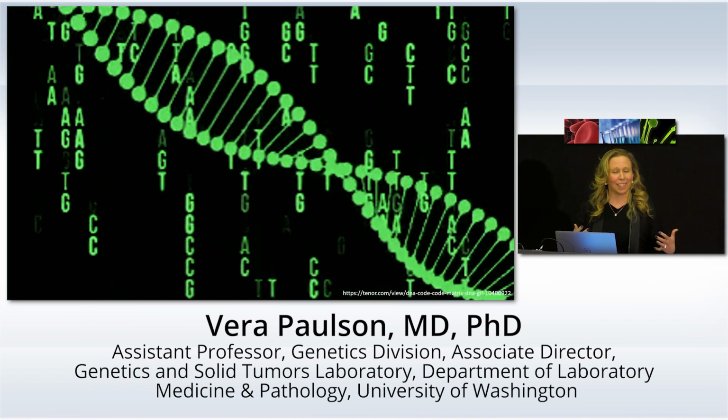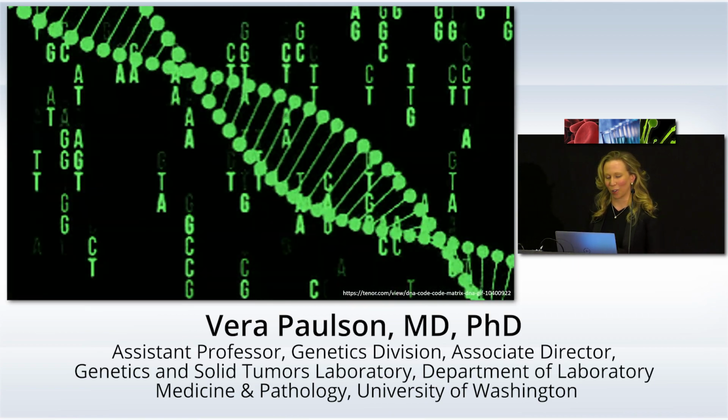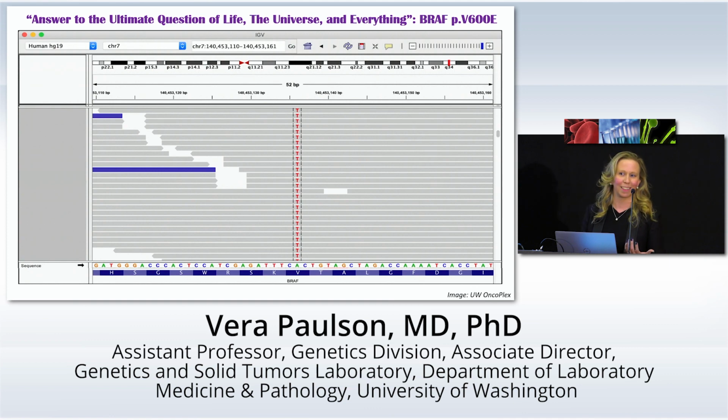I'm convinced our residents come to service thinking that this is how I visualize the world, but really our molecular data looks a little more like this. So if you haven't spent time with me on our service yet, this is our IGV software. And what we're looking at here is actually a mutation in BRAF. I tell the residents all the time, if I ask you what mutation causes a cancer, just say BRAF V600E. We'll discuss why here in a minute, but that's what we're looking at.